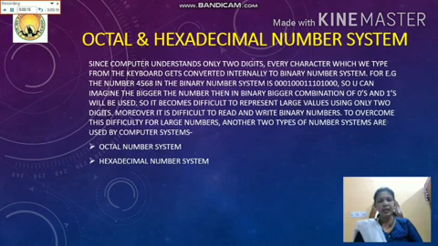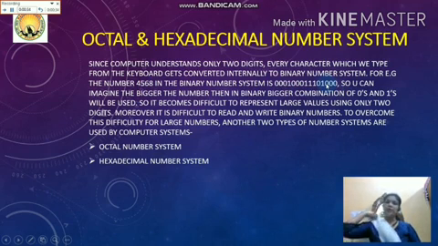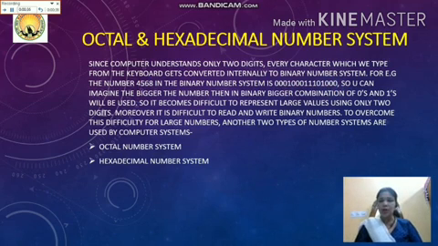When we convert a decimal number to the binary number system and the number is too big, as in the example I have given, if you convert 4568, which is in decimal, to binary, it will be a big number to represent. For programmers also, it is very difficult to use a big combination of zeros and ones. To remove this difficulty, 2 more number systems are used, which are the octal number system and the hexadecimal number system. Let me tell you in detail what these are.